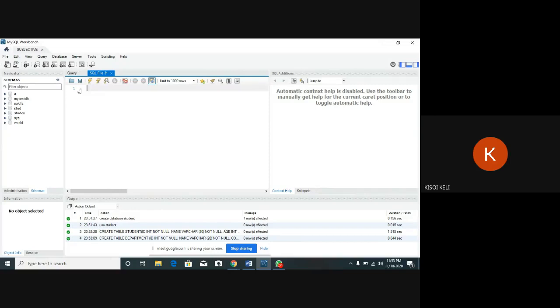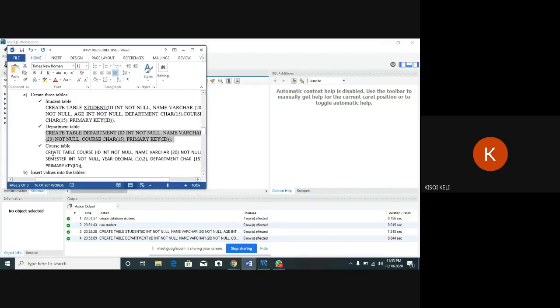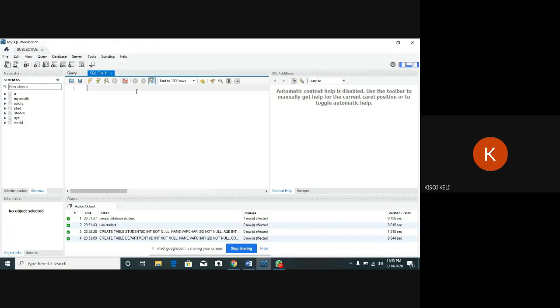So I'm going to create the third table. I'm first of all creating the tables. That table is the course table. So I'll copy that one, paste it here and execute. Okay, that is that table. Now that I have created my tables,